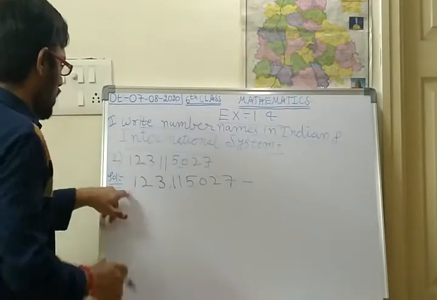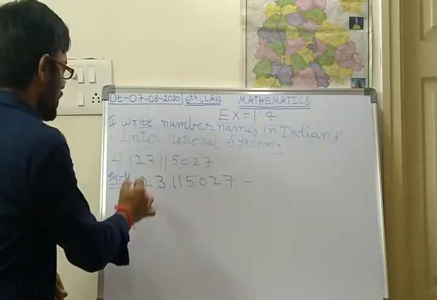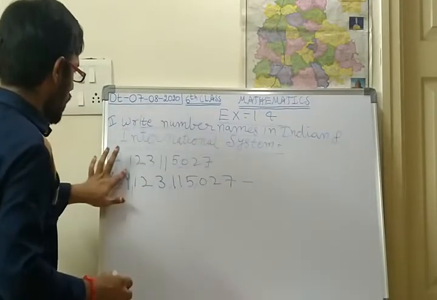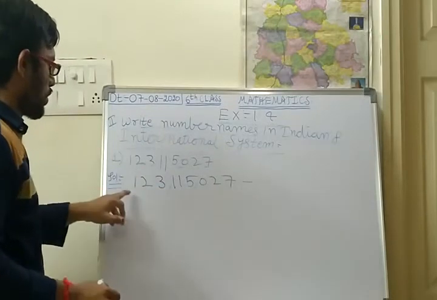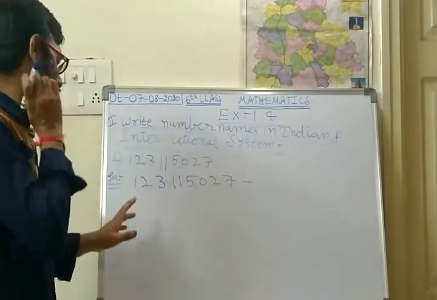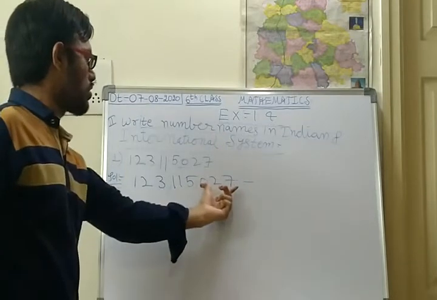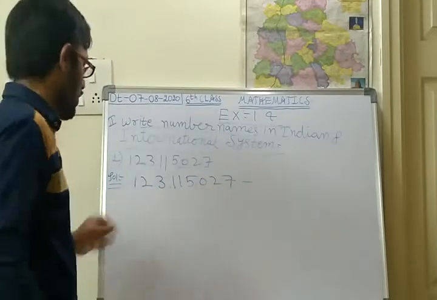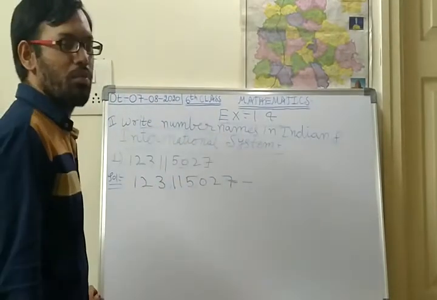So if any number is there, suppose 4 is there, you keep a comma here. But now here 4 is not there, any number is not there, so you don't keep the comma. So after 3 digits no need to keep a comma. So like this. Here 2 commas are there. That means total 9 digits are there. So for this number now you should keep the places.